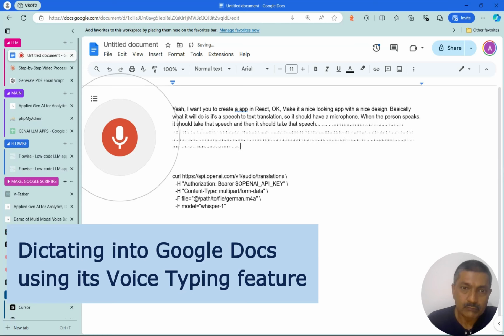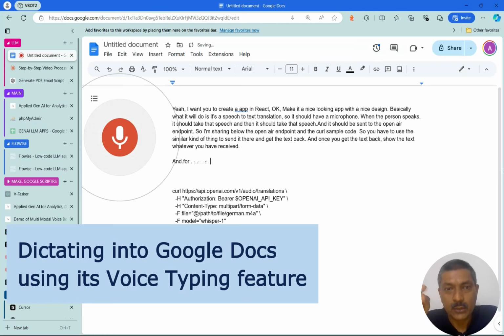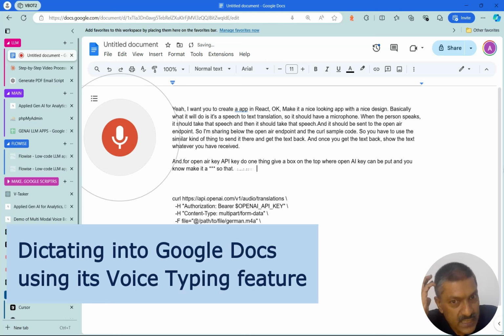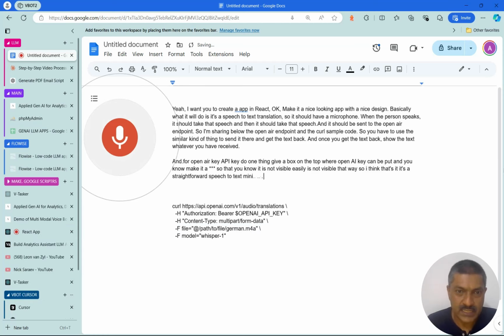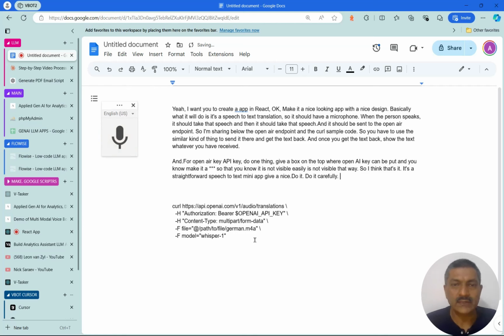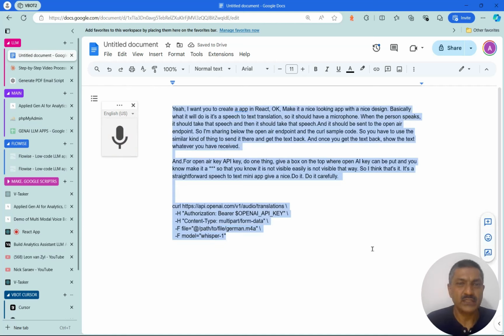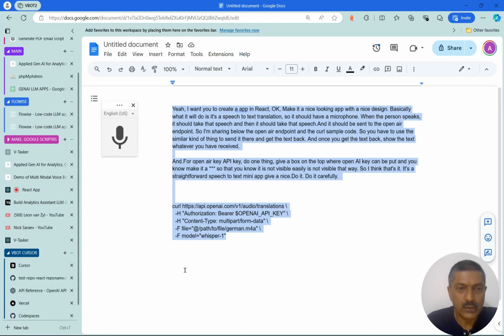And for the OpenAI API key, give a box on the top where the OpenAI key can be put, and make it star star star, so that it is not easily visible. So I think that's it. It's a straightforward speech to text mini app. Give a nice design. Do it carefully. So this is a very simple kind of instruction. For some of the other things, some of the instructions go very long. So now we will go to